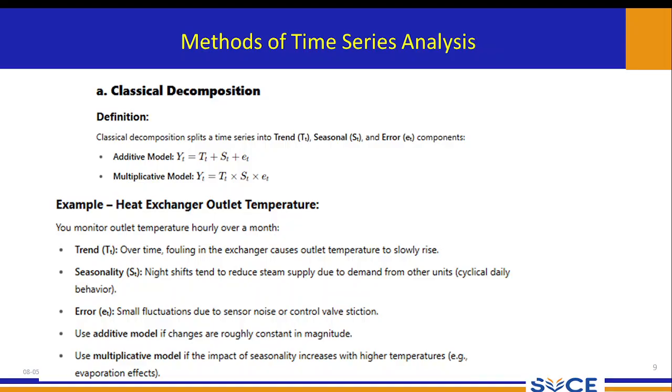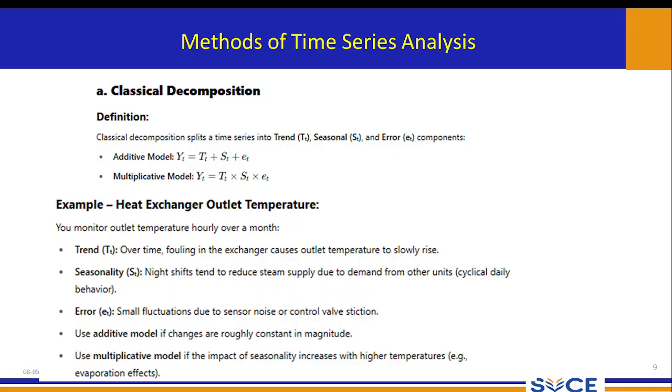Seasonality: the night shift tends to reduce the steam supply due to demand from other units, so there is a variation in seasonality. The error is small fluctuation due to sensor noise or control valve friction. Okay, so if you see here, using the additive model, if changes are roughly constant in magnitude,